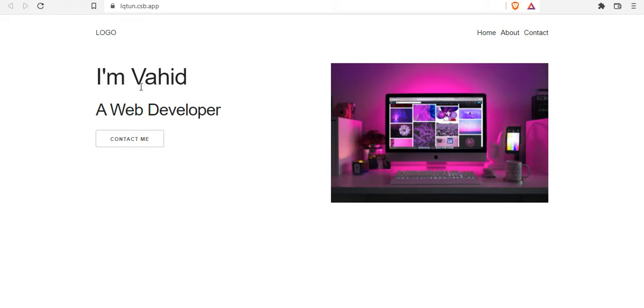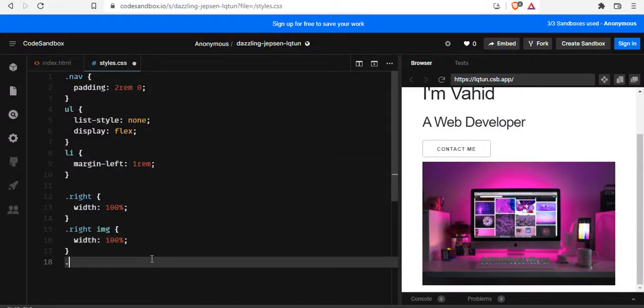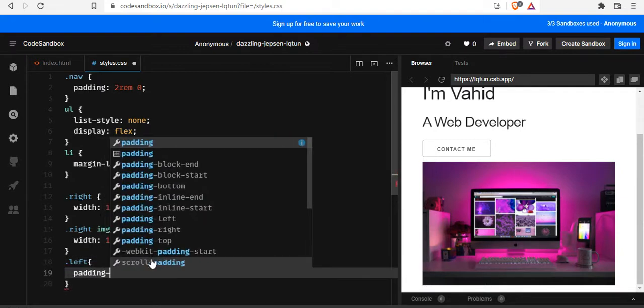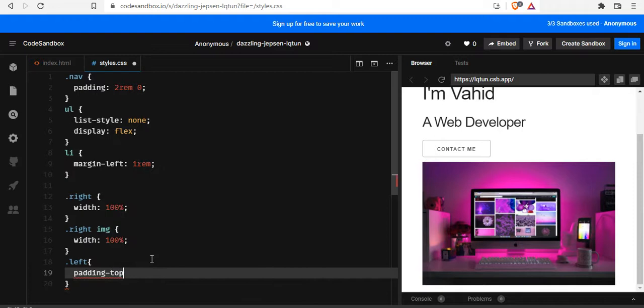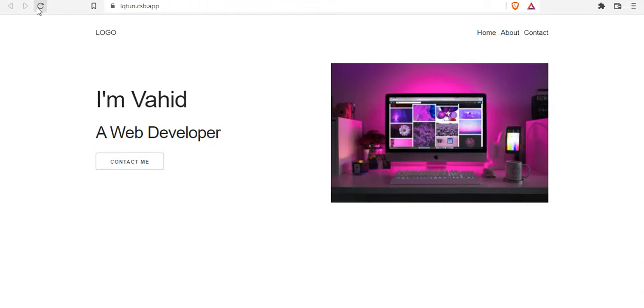So the only thing is that I need some space from the top, so I want to put this one a bit down here, so give it some padding. This was left, right? No, left. So left is going to have a padding top of, let's say, 5 rem, for example. Let's see. Yeah, that is okay. So this is okay, but